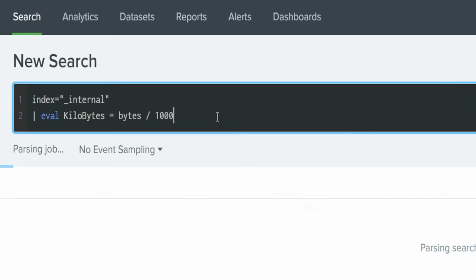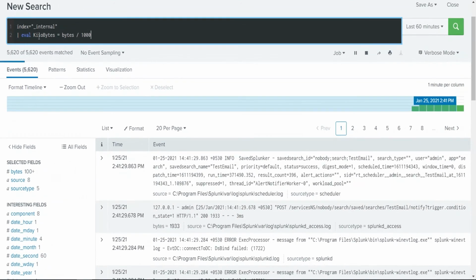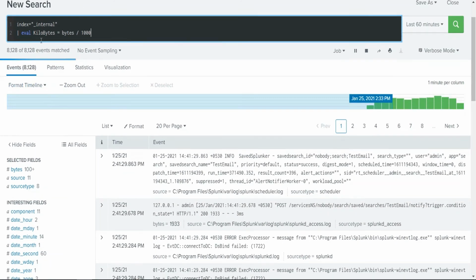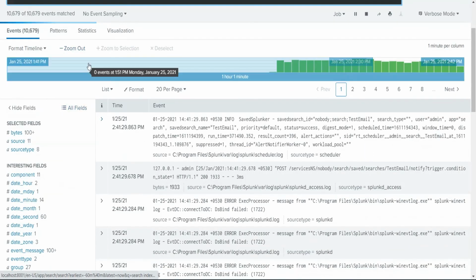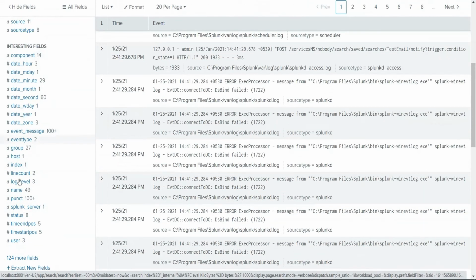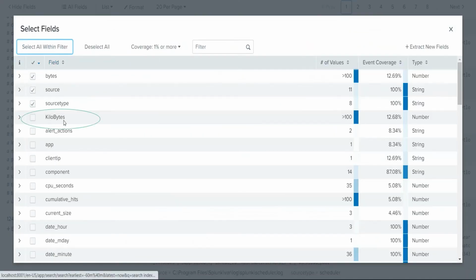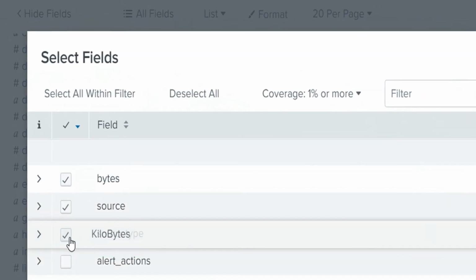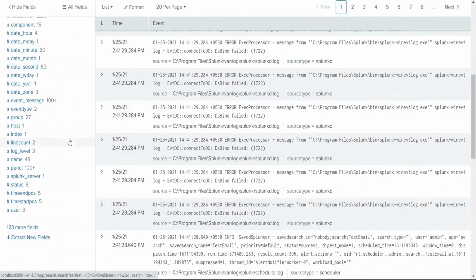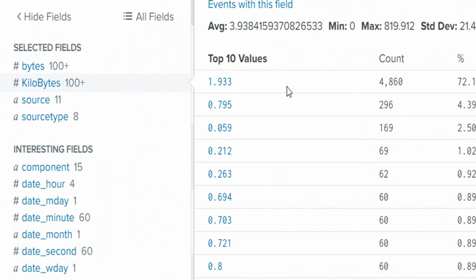We are expecting that kilobytes should appear in the fields as a calculated field. Yes, it is getting applied, and maybe it is here. Yes, we can see that the new field kilobytes is created, which is a calculated field, and we can see that these values are in kilobytes.